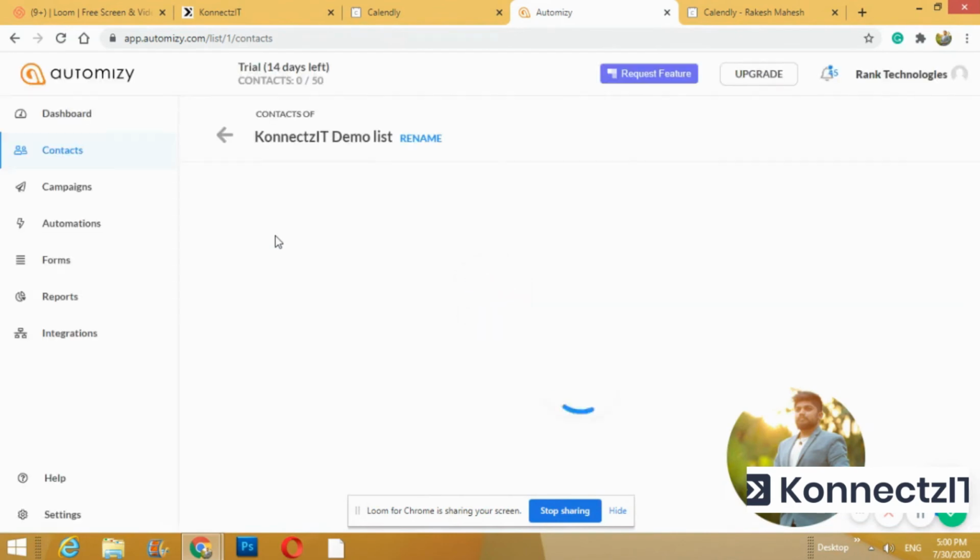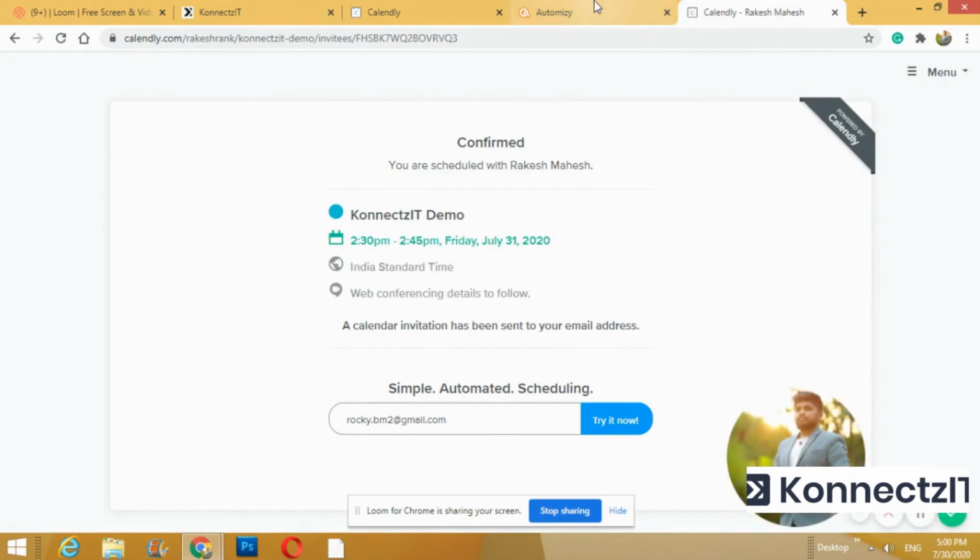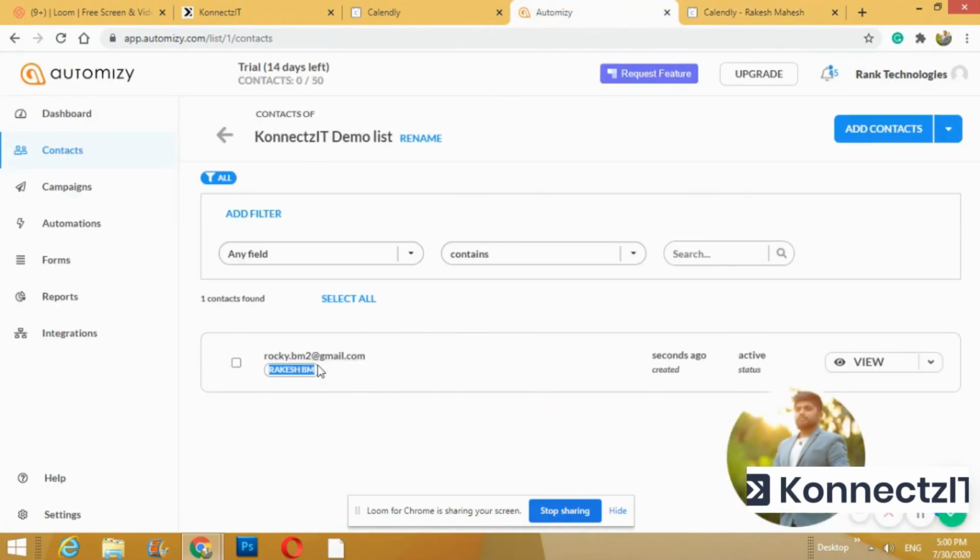Yes, so you can see the email ID which I entered in Calendly. This has been entered as email ID, and the tag, where I entered my name in lowercase, has been converted into camel case and added as a tag here.